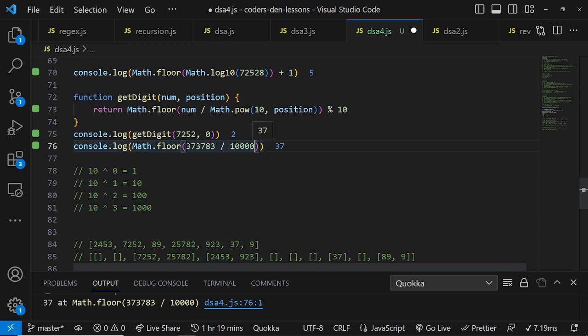Something else. What's this one? 10,000, which is 10 raised to the power 4. I get this. 0, 1, 2, 3, 4. Like that. So now, if you pick any number